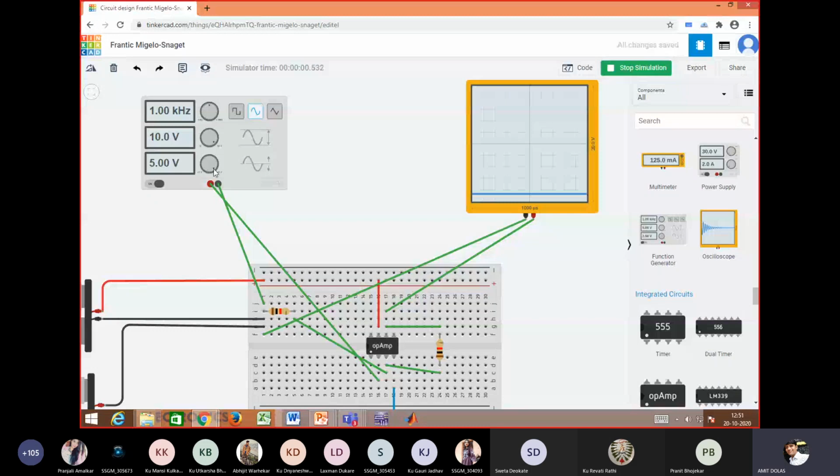There is some problem. Let's change the threshold value. I'll change it here itself, then you'll understand what the problem is. There is no change.